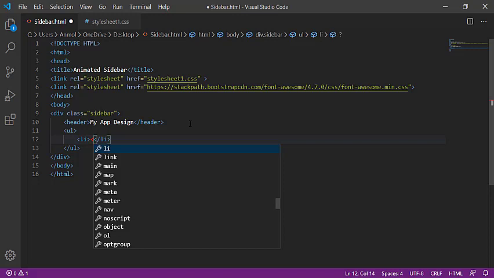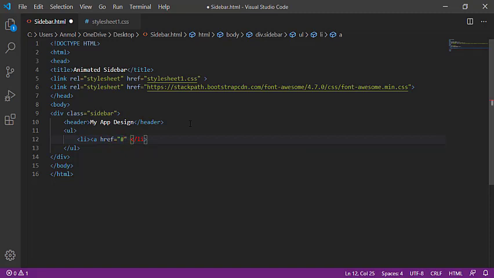So first I need to put an anchor tag with the reference, and I am putting this hashtag. You can put the name link also. This is my first one, and in this I am going to add dashboard. Copy this.